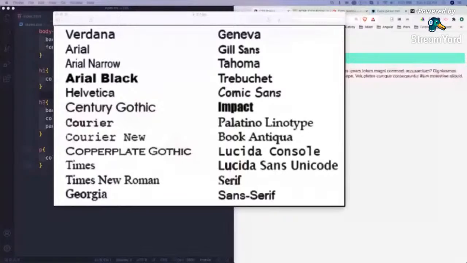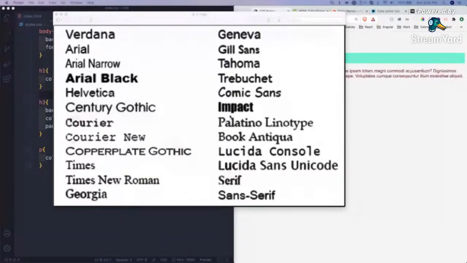So these are the web safe fonts, meaning you can safely use them. Verdana, Arial Narrow. You can check them and change them whenever you like. You should try all of them. Some of them have cursive writing also.